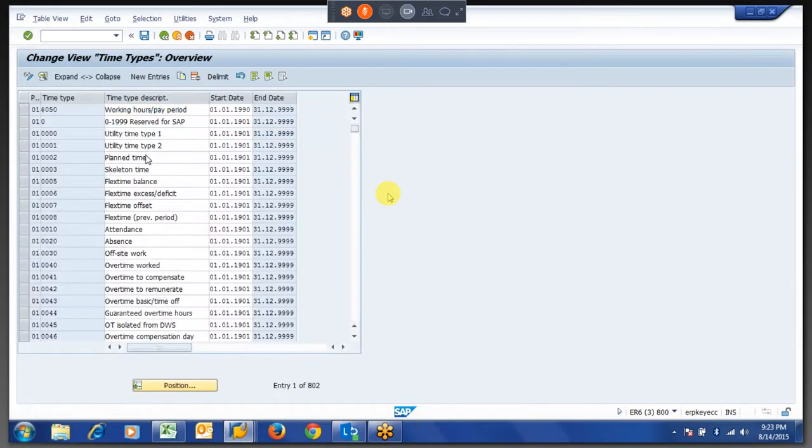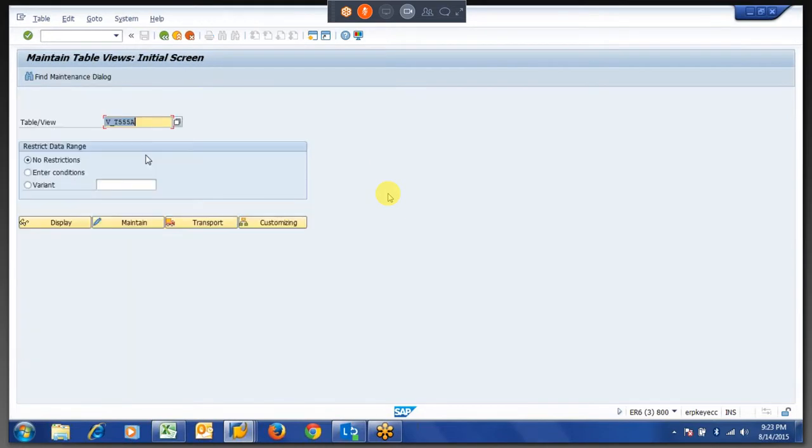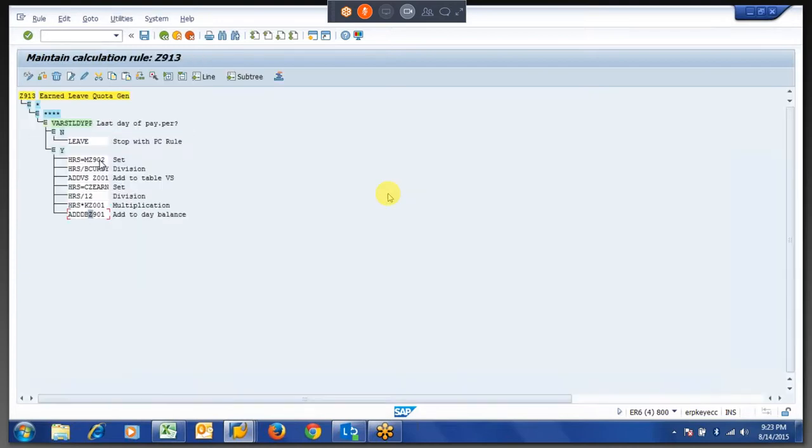So what we will do with this time type is, the logic for calculation of the 2.5 is same. I am not going to disturb anything. Only here what I am going to do is, instead of DB, I am taking MB.